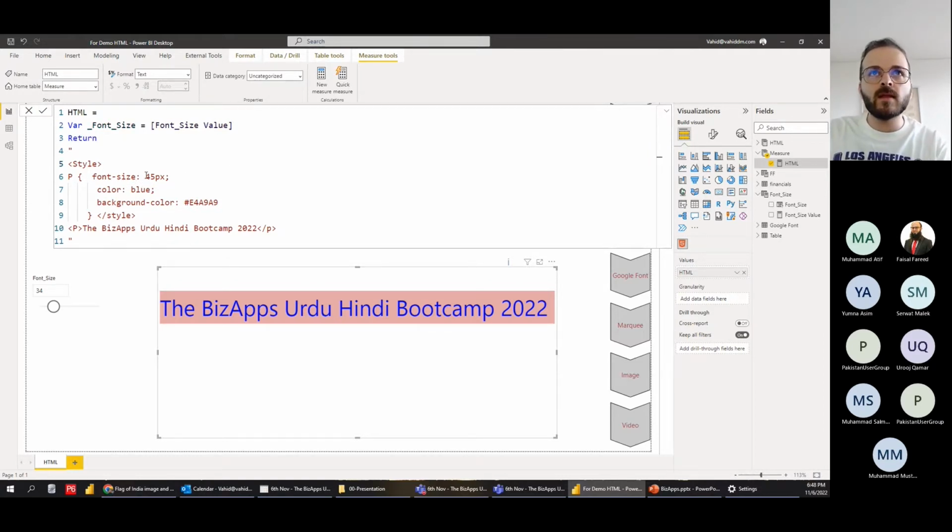But this one, I want to change it. So if I want to add this variable to my HTML code, I need to close this double quotation here, then say okay, like a text, then say okay, add this one with this one, and then the double quotation. So I will close it here, then close it here,